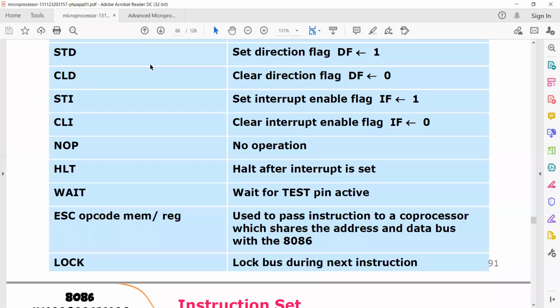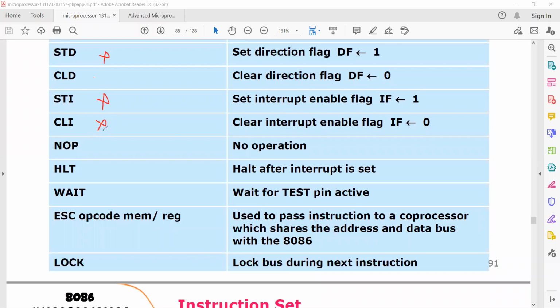See, in all the instructions that we have seen till now, in the processor control instructions, we don't find any operand. No operand here, no operand here. So we don't find any operand in any of these instructions.